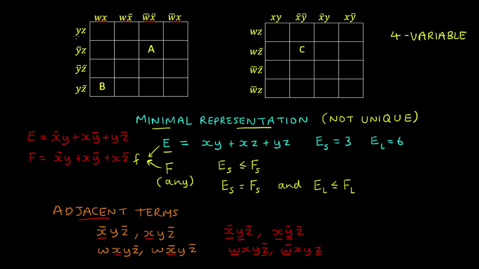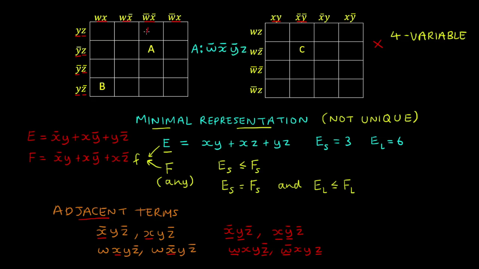And in the rows of the Karnaugh map, we can see that y and its complement differs between these 2 adjacent terms, and z and its complement differ between the next adjacent terms, and y and its complement differs between the next adjacent terms. And the final term is adjacent to the first term, because these differ by z and its complement. So the labeling in this case here is not valid, because as we can see, these two terms are not adjacent to each other, because they differ by more than one literal. So here we can read A as w bar x bar y bar z,